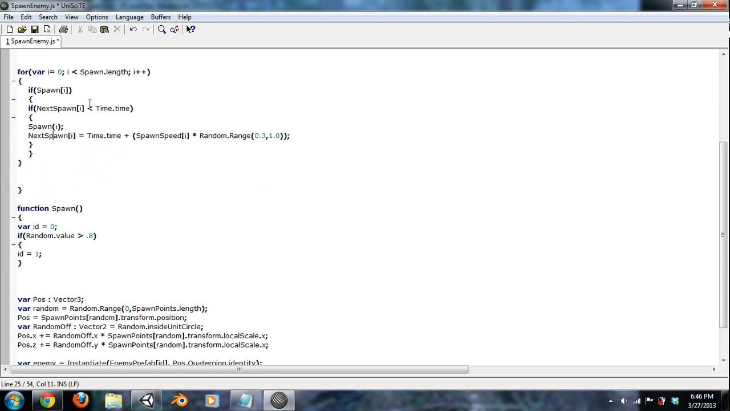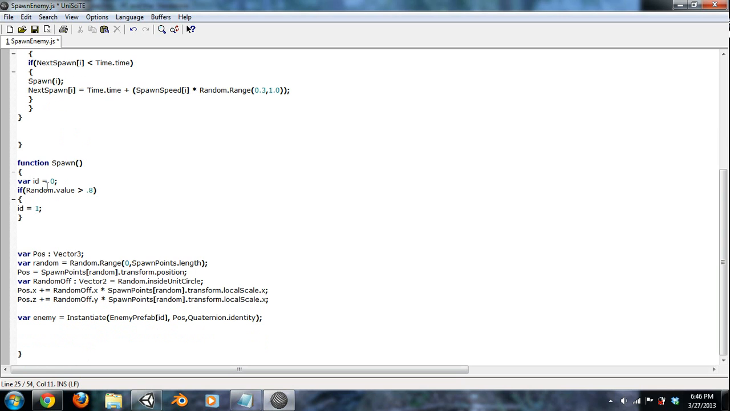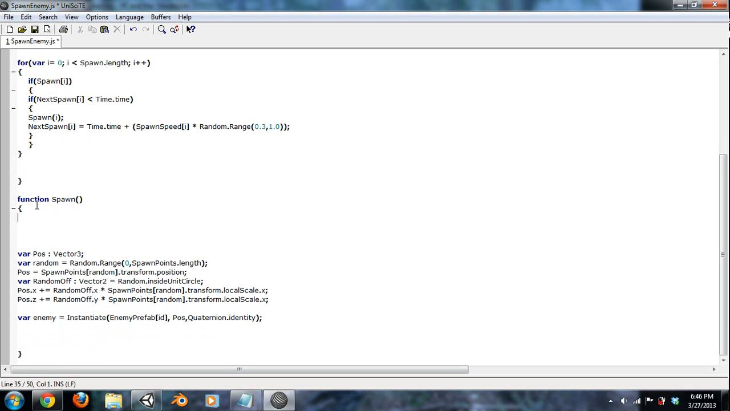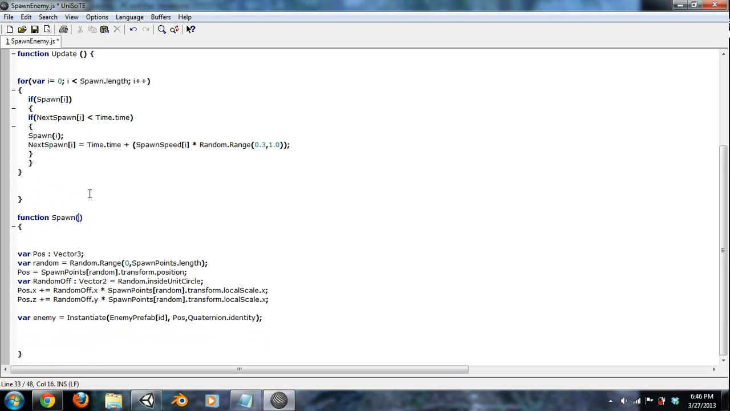Now if we go to our spawn function, as you can see, we don't need this random ID anymore because it's going to be defined by an integer we're passing through here. So we're just going to do ID up here, and that's going to be an int. As you can see, we already have our spawn points in here. It randomly spawns at a different spawn point, which is fine, and then it uses our ID variable that we passed. So if we save this now,